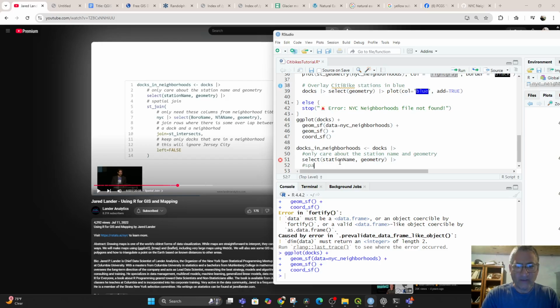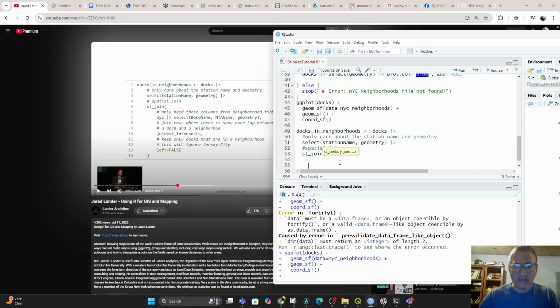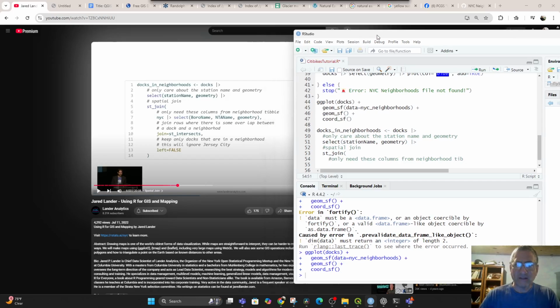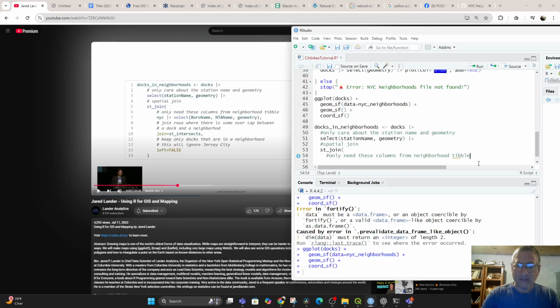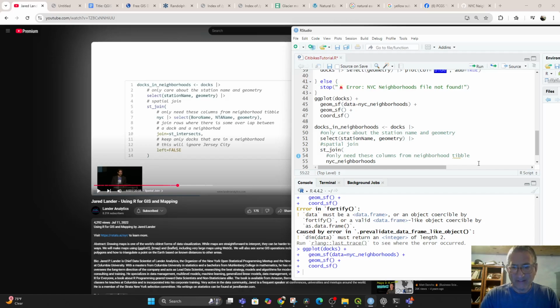Now we're going to do a spatial join, and that is st_join, open bracket. It's telling us in a comment we only need these columns from the neighborhood tibble, and then the tibble is NYC. Oh, but it's neighborhoods every time. Don't want to make that mistake. NYC